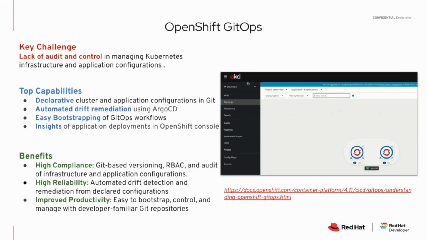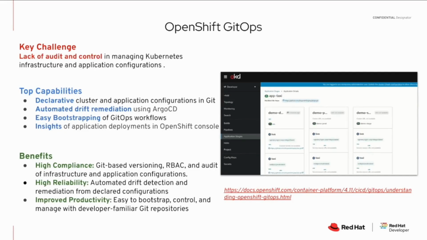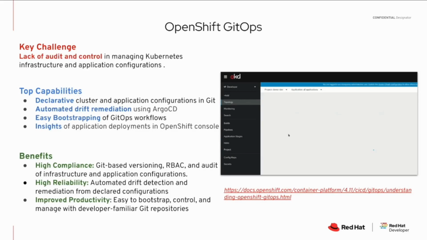With OpenShift GitOps, you basically take advantage of that and apply it to your application and your Kubernetes configurations. One amazing thing: automated drift remediation, if you want it. You declared it to do one thing, someone went and made a change, just restore it back to what was declared. So with drift detection and automated remediation, you have that capability. It's very easy to set up. There are bootstrapping tools that we provide, so you can set up the entire Git structure, the repository, and the entire workflows can be taken care of with our bootstrapping tools.